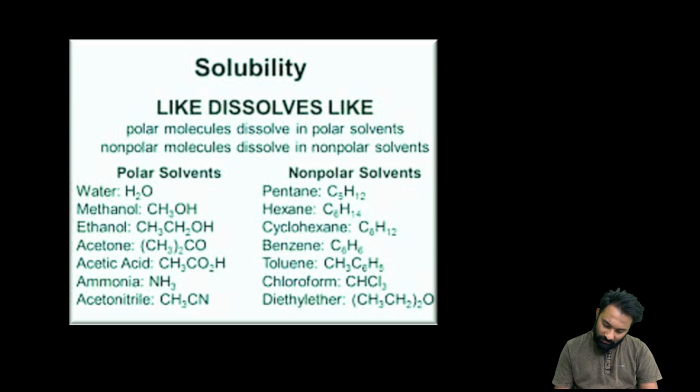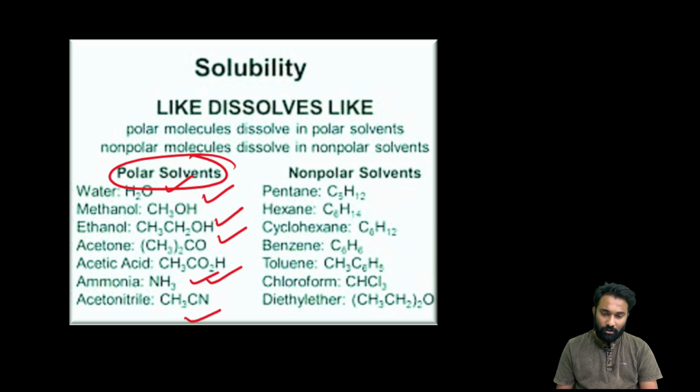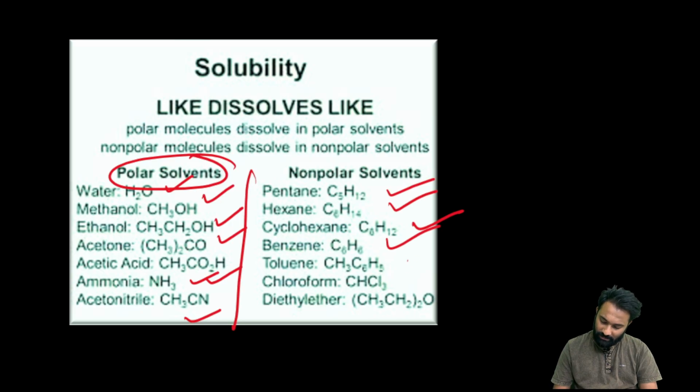Here the polar solvents are H2O, methanol, ethanol, acetone, acetic acid, ammonia, and acetonitrile. These are the polar solvents. Now non-polar solvents are pentane, hexane, cyclohexane, benzene, toluene, chloroform, and diethyl ether. These are the non-polar solvents. Non-polar solvents will dissolve non-polar solutes. Polar solvents will dissolve polar solutes. Clear? Now next we are going to see